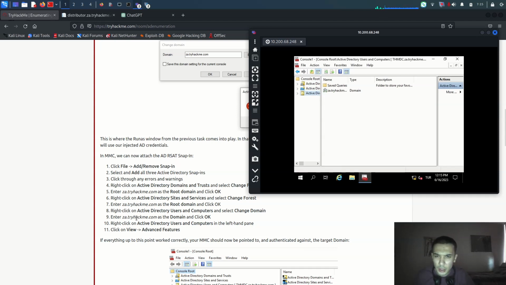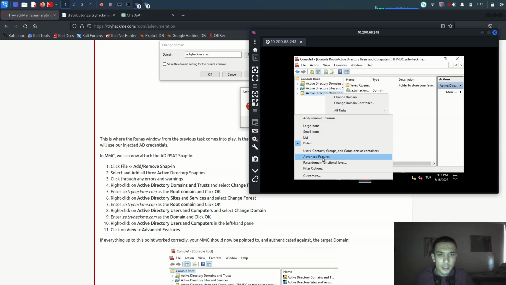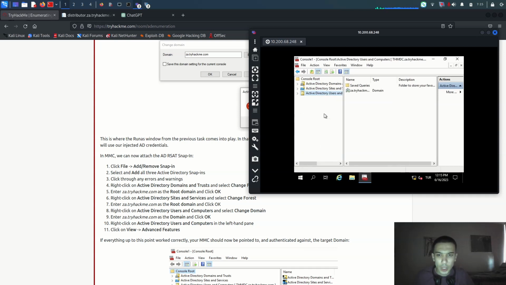have to right click Active Directory Users and Computers. Which one is Active Directory Users and Computers? I think it's the third one, but let me check it. I have to be sure. Yep. And then right click and say view, and then go here, Advanced Features. So now,